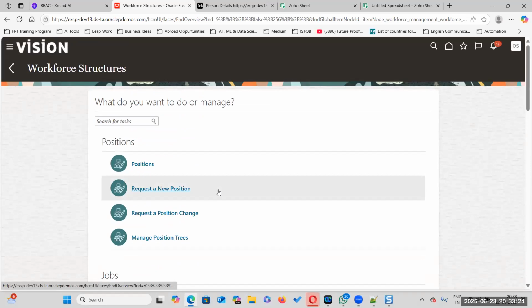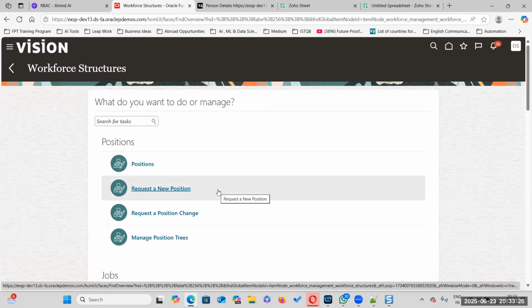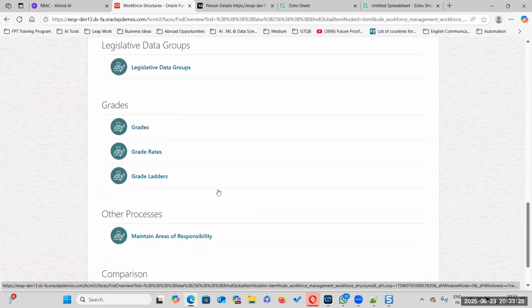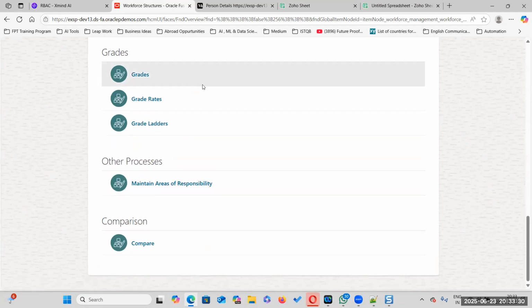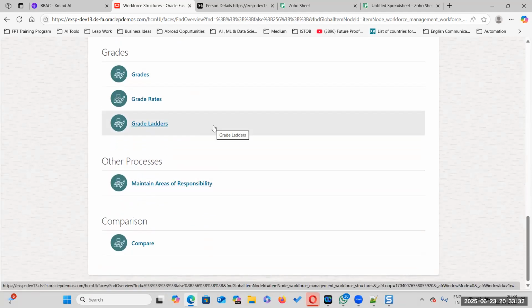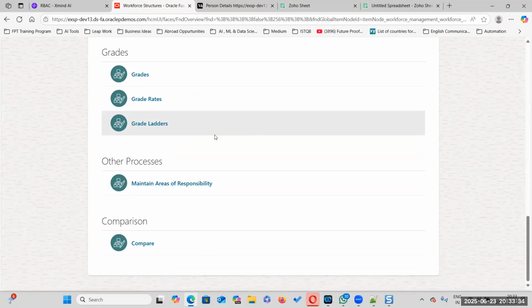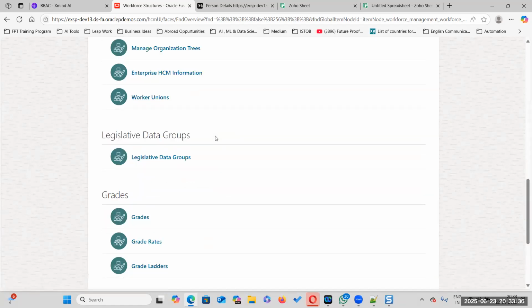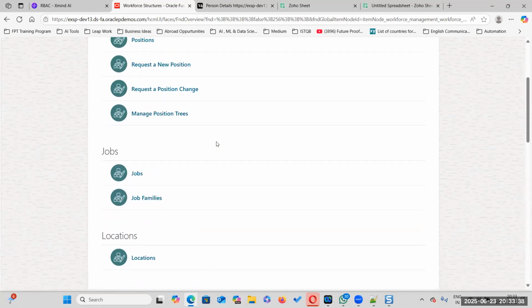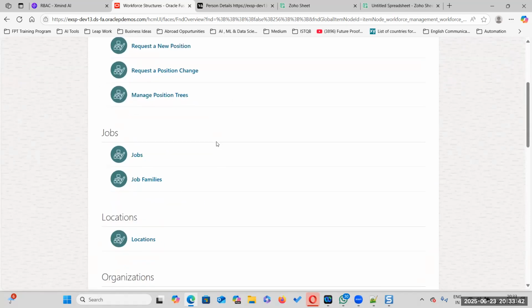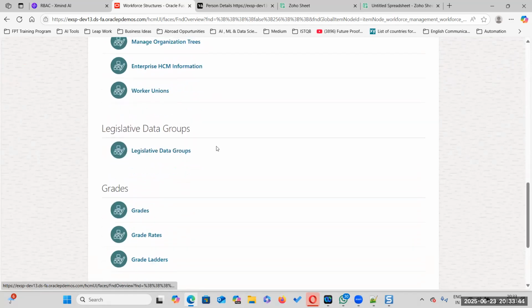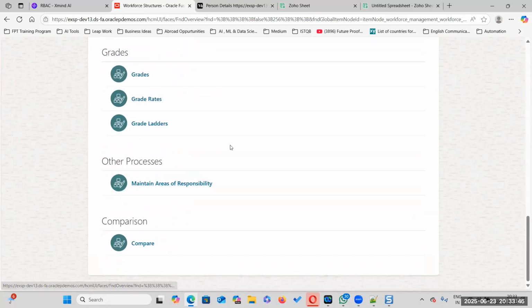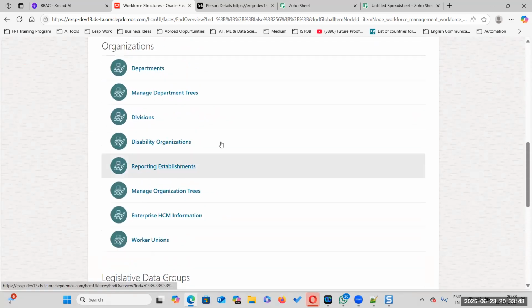Here again you remember another thing. As an HR specialist, we cannot give security. We will see that by adding the IT security manager role. Here you are unable to see security profiles. Are you able to see any kind of security profiles here?